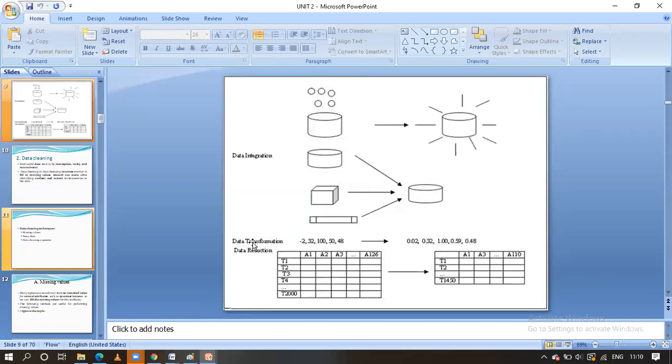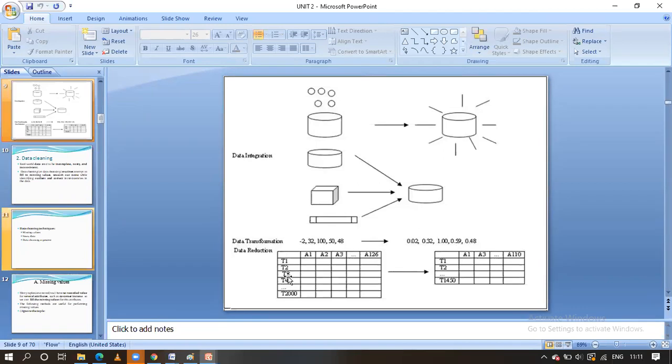The next one is data transformation. Normally the data contains different units. We are going to take it to one unified format. Everything has been brought into points. Moreover, after the point we are going to use only two values. That is why we divide all the values by 100, guys, and take the absolute value. 2 by 100 means 0.02. 32 by 100 means 0.32. 100 by 100 means 1.00, and 50 likewise. It is separated like this. In this way we transform it to one unified format that is needed for the data.